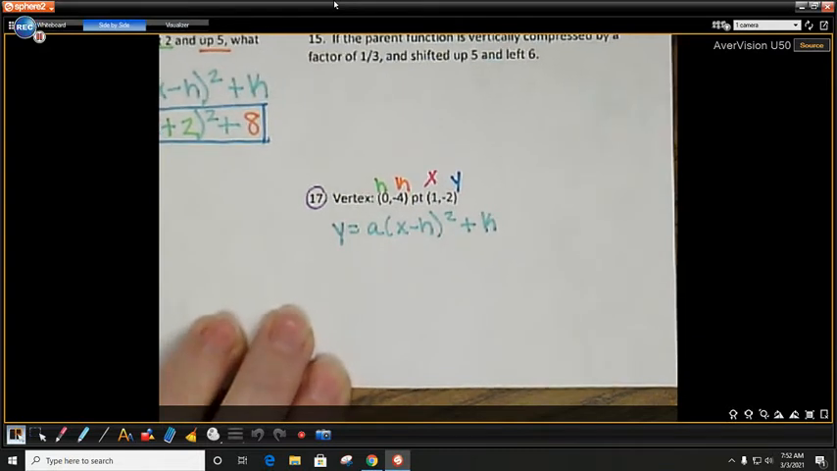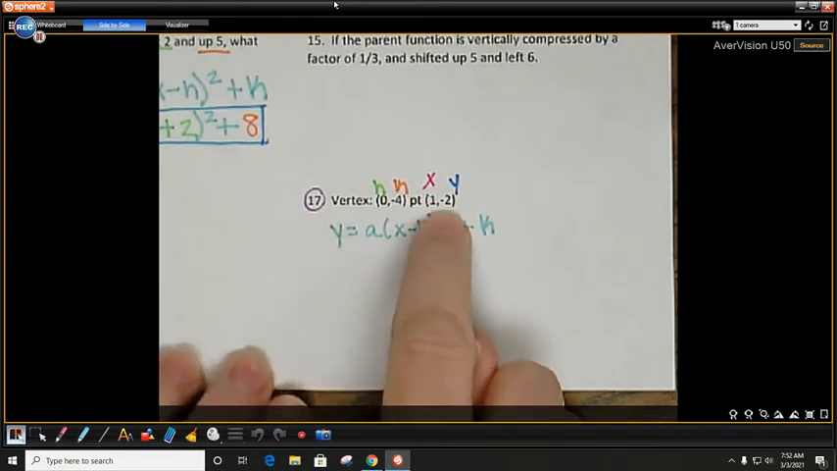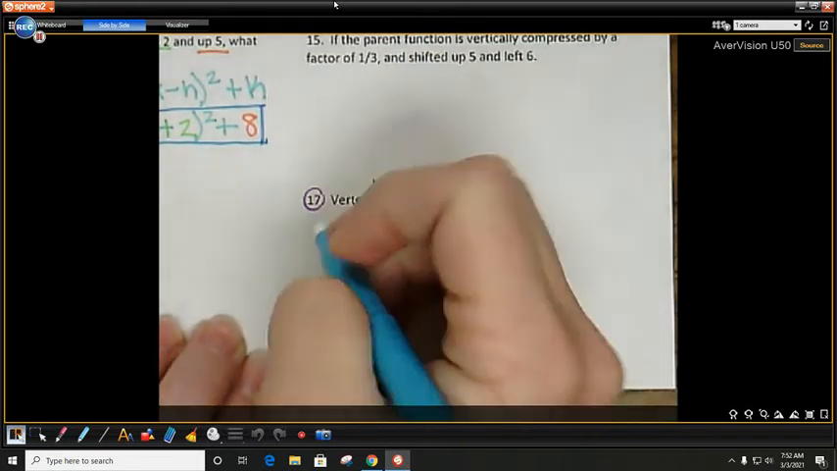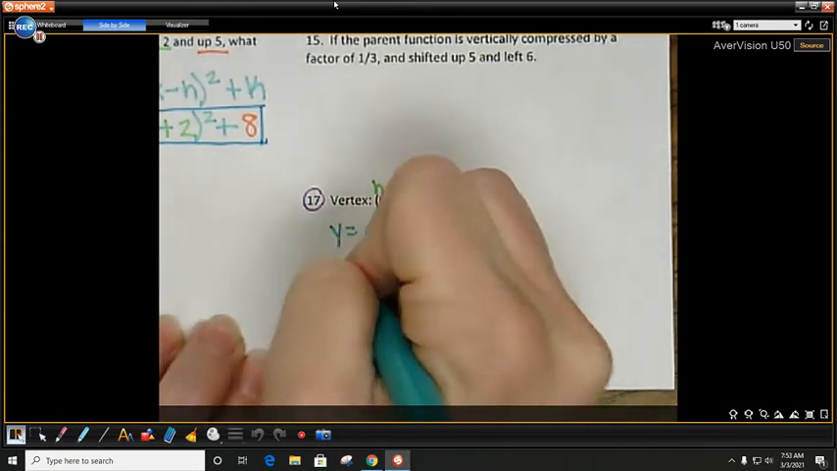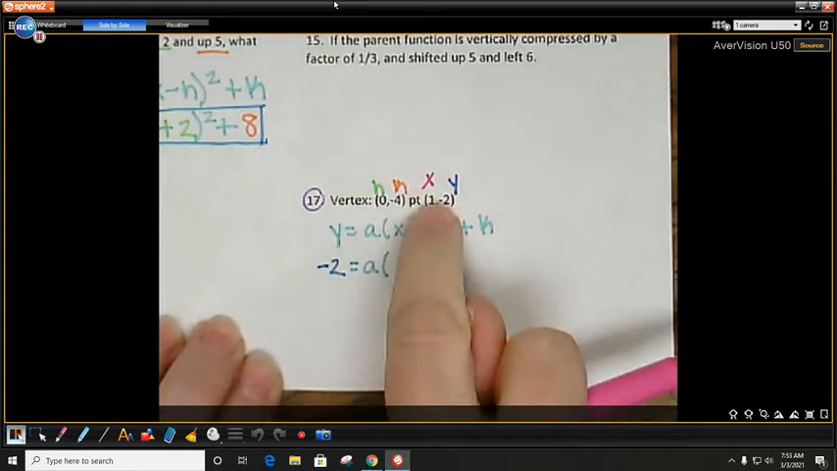Because when you're writing an equation, you have to have your a, your h, and your k. I only have my h and my k. This x and y value is going to help me calculate my a value. So instead of y, I just label y as negative 2. So I'm going to do negative 2 equals a times, I just labeled x, 1,